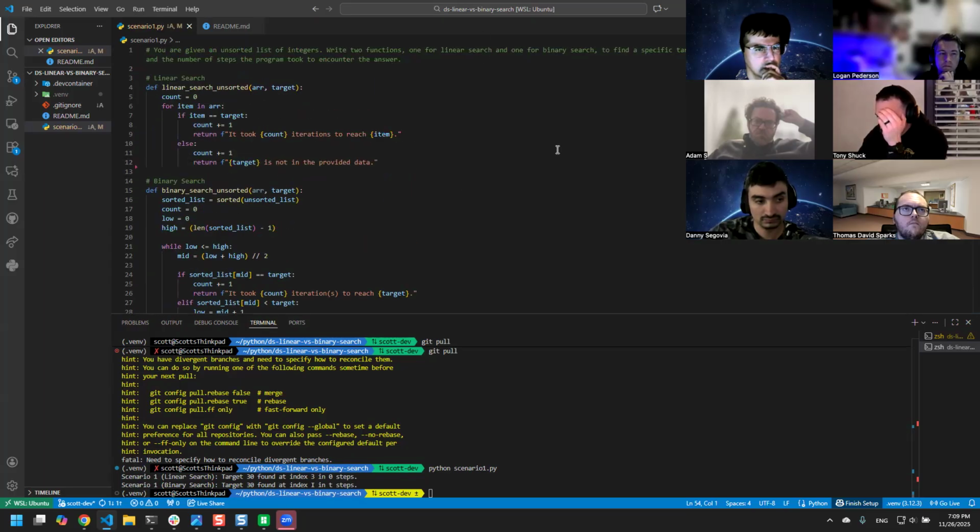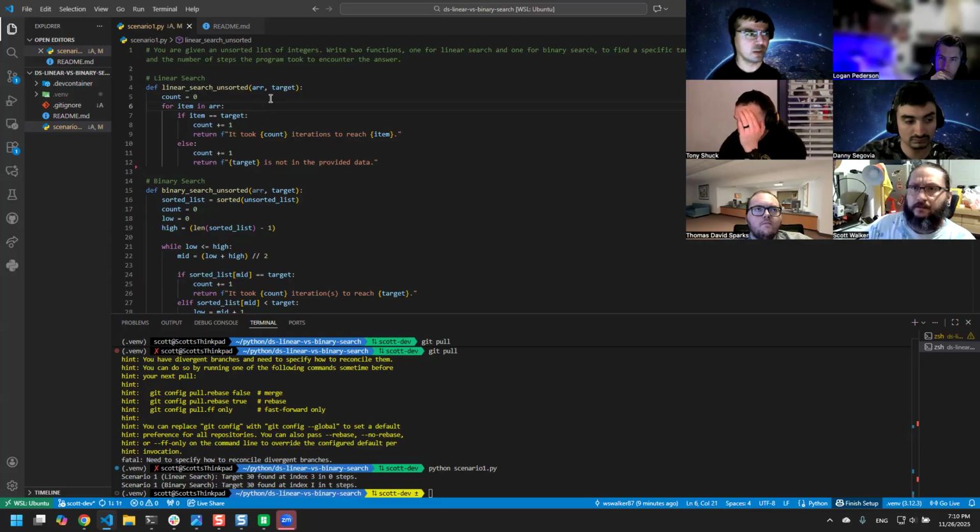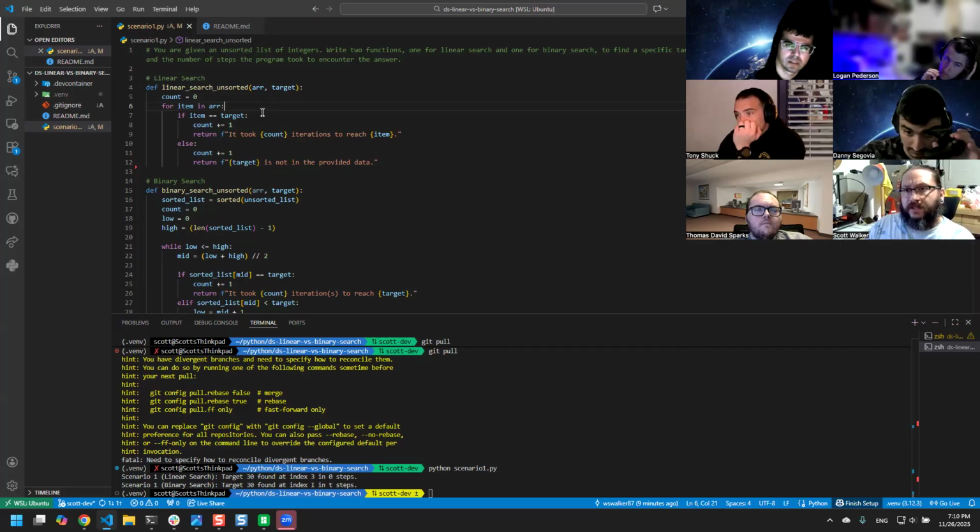So other than the enumerate loop. You don't necessarily need the enumerate loop, but you could use it. Let's do this together. We're just going to update line 6 right here live. Which loop would you like to use, Scott? For the linear search, just a for loop, I guess. Okay. But you can't use this for loop because we need the what? You still need to grab the index. Yes. So just use a for i in range.